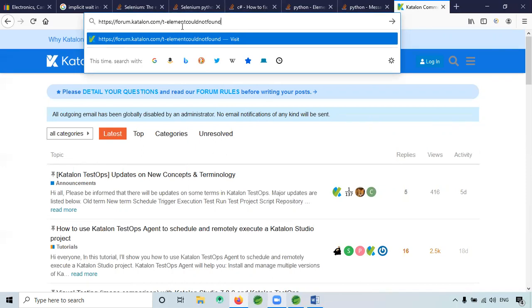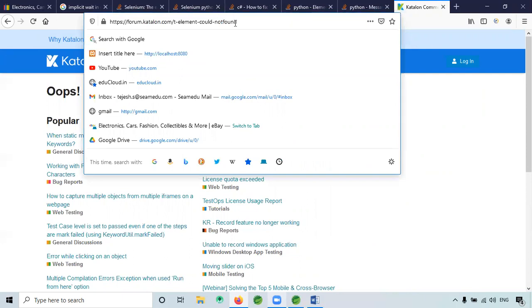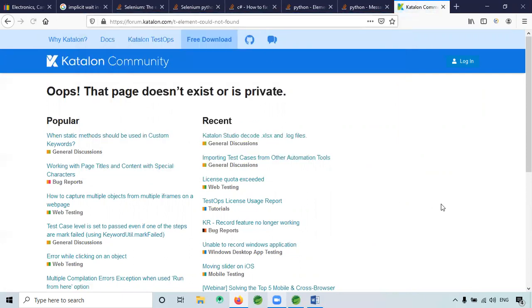Yeah, after could there is a hyphen, then not found like this. Oh my god, so many sites opened. No, after not also put a hyphen, then it will work. Okay, got it. Hyphen. Oh my goodness, I don't know exactly why.